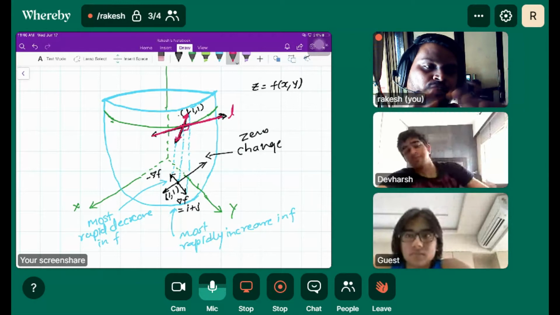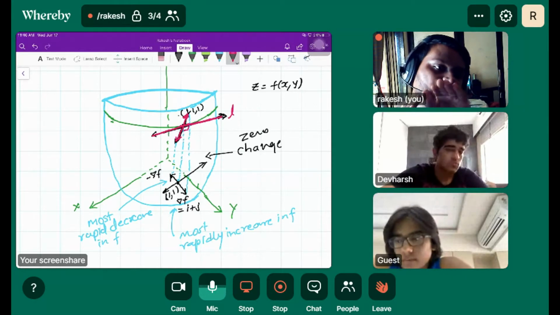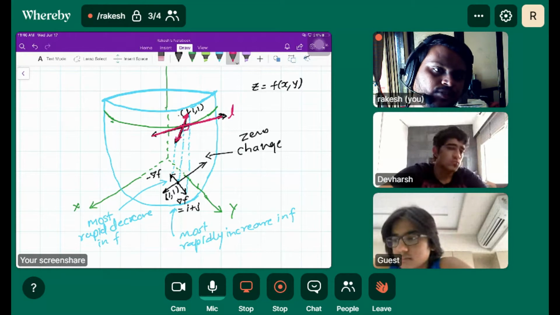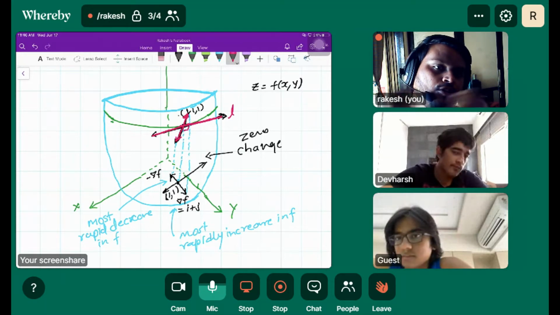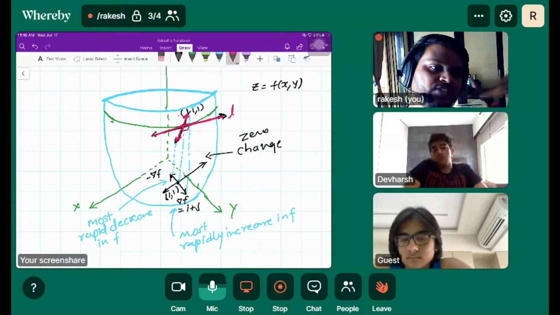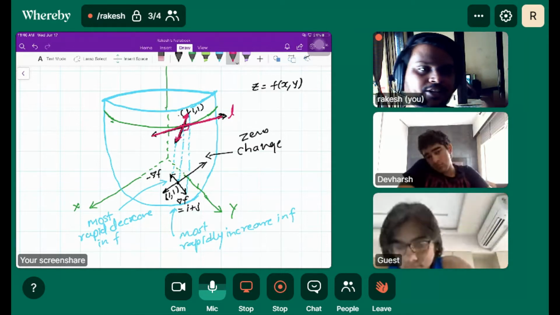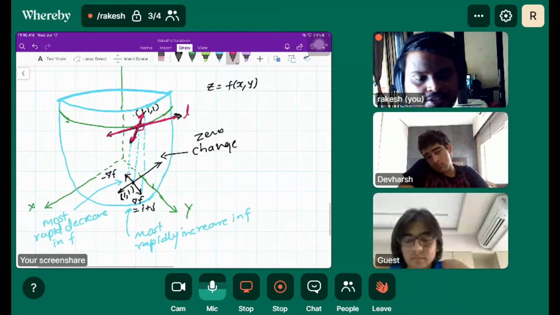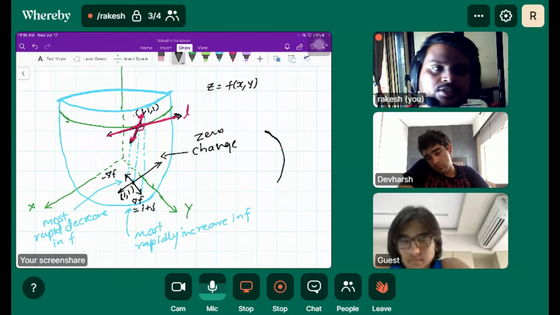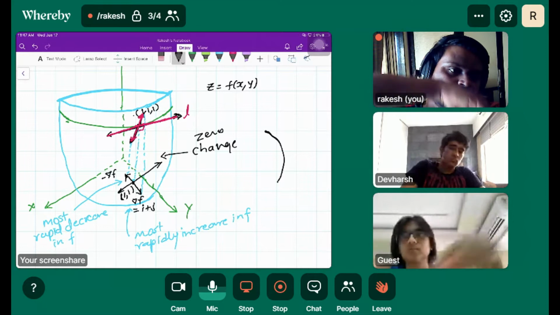Basically, we will experience the steepest nature or the flat nature on the surface of the mountain, on the surface of the object. So it is along the level curve. We have defined one point on the level curve, and we have drawn a tangent line to that level curve at that point. And now understand one thing here, that this is the object surface. So this is the surface of the object, right?